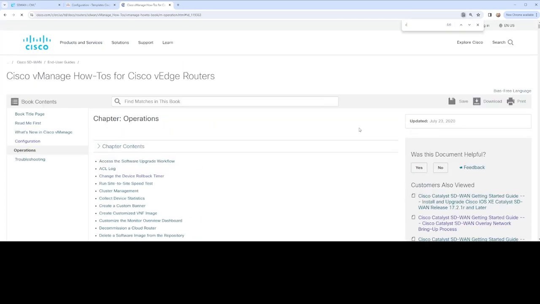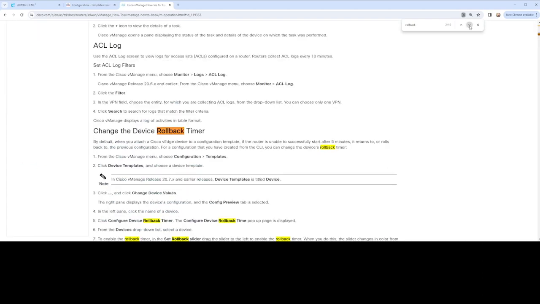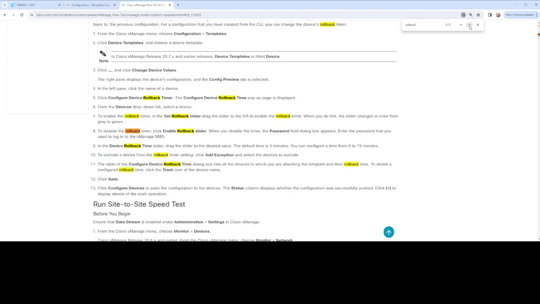Let me see if I can search for rollback. Right, you got a few. Rollback timer, rollback. Okay, they all roll back. Rollback times which are attached to the template, and the rollback time. To delete the configured rollback, click the trash icon. To exclude a device from rollback time, click add exception. The table of the configured device rollback time lists all the devices to which you are attaching the template and the rollback time. To delete the configured rollback. Okay, so it should be